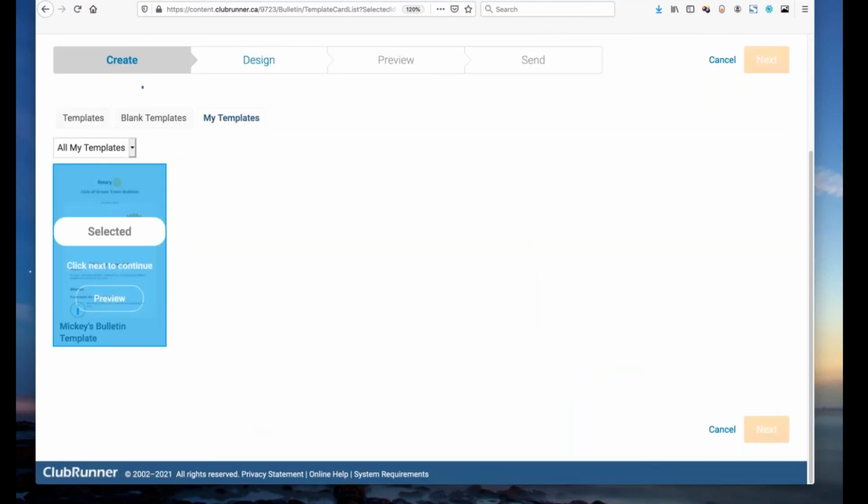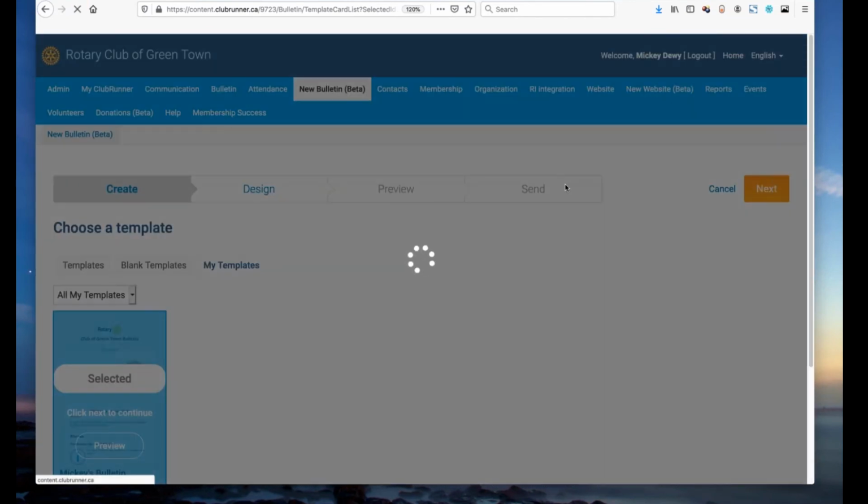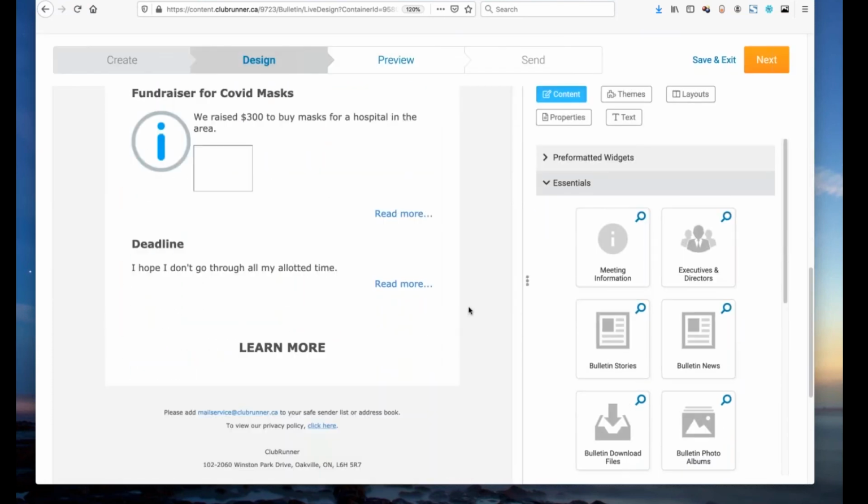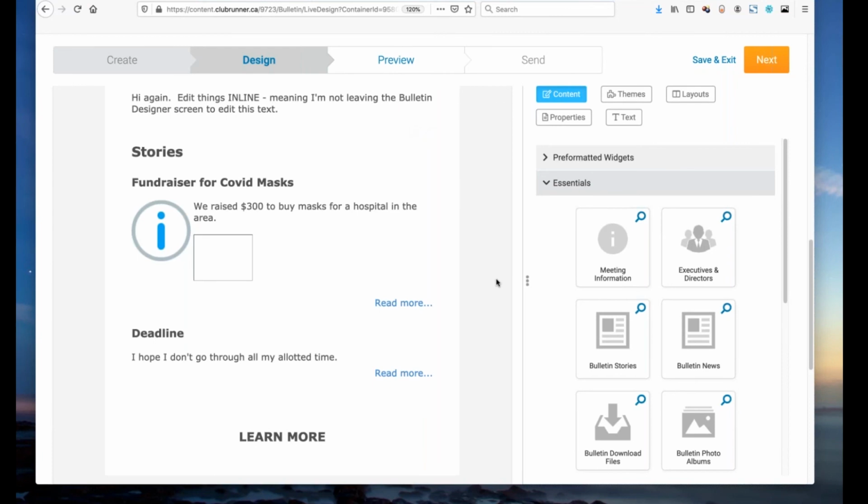I don't know if we have line separators for our stories. What Darcy is asking is, you have the collection of stories. Can you create borders? Here are the stories, and they go one after the other. It's not very good separation. Here's story one, fundraiser. Here's story two, deadline. But it's slightly hard to tell that they're two different stories. If I hover over this,